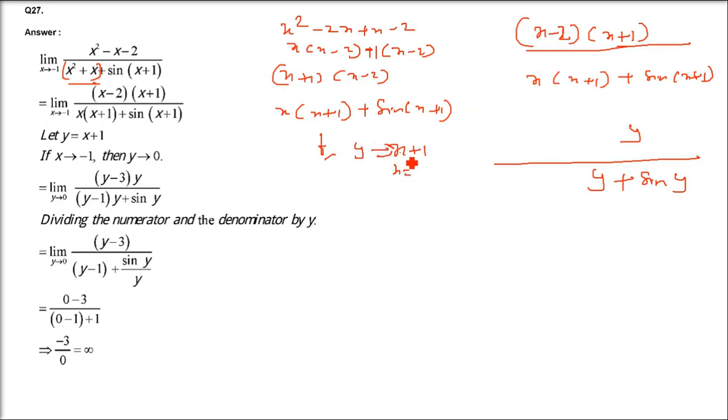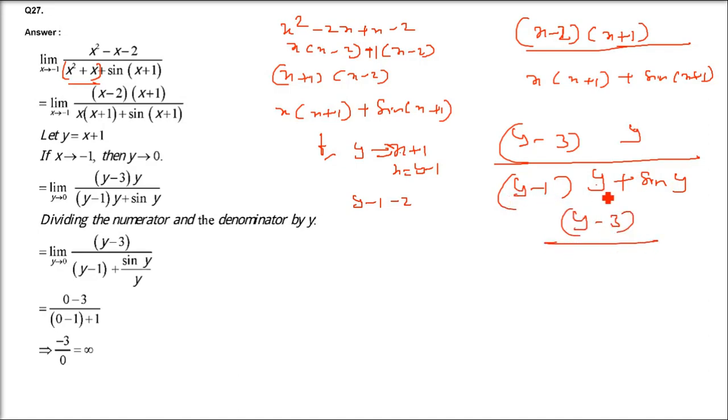That is x, in this case, x is going to be y minus 1. So wherever you have x, you can place it like this. y minus 3 will come. And here y was already there, x plus 1. Now in place of x, what are you going to write? y minus 1. Right? Now you see y is there everywhere. So take y and divide numerator and denominator, or you can take y common from numerator and denominator, same thing. y gets cancelled. I am dividing every term by y.